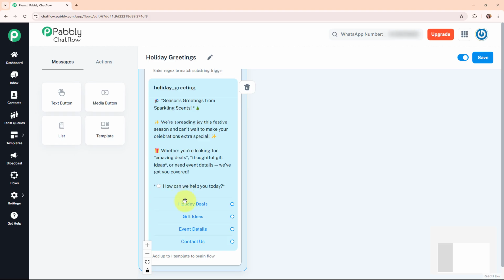Okay, so this is the template that I've selected, and now I'm going to set up this entire flow for the quick replies buttons that I've added in this template. Okay, so now here I'm going to set up the further process of each quick replies button step by step. So now let's begin with the holiday deals. So if the user selects holiday deals, then automatically I want to send an automated message to my customer, and for that I'm going to build a connection over here, and here I'm going to add a